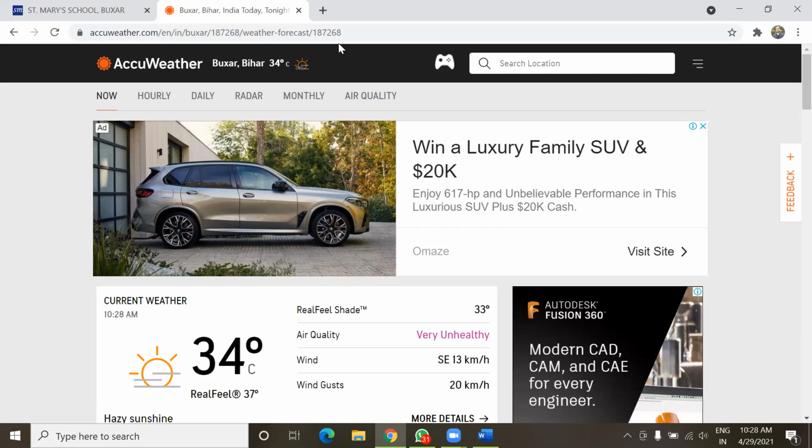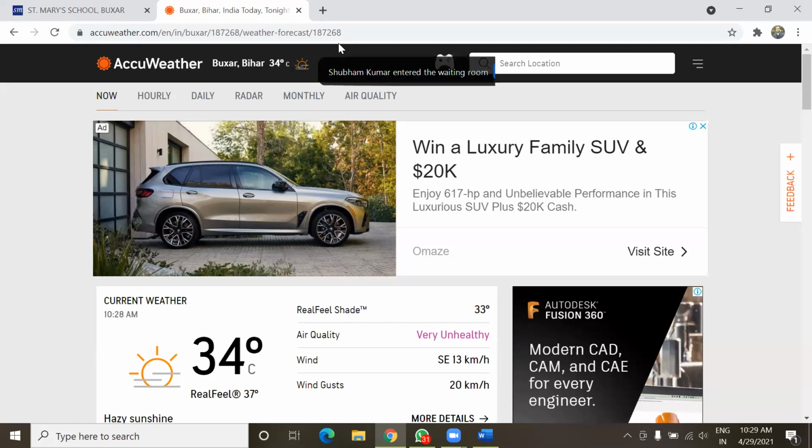Here in this web page, the user's preference determines the content shown. If I am searching for Buxar, it will show particular information. But if I check for Patna, Delhi, or any other city, it will show different information. So this is called dynamic content.